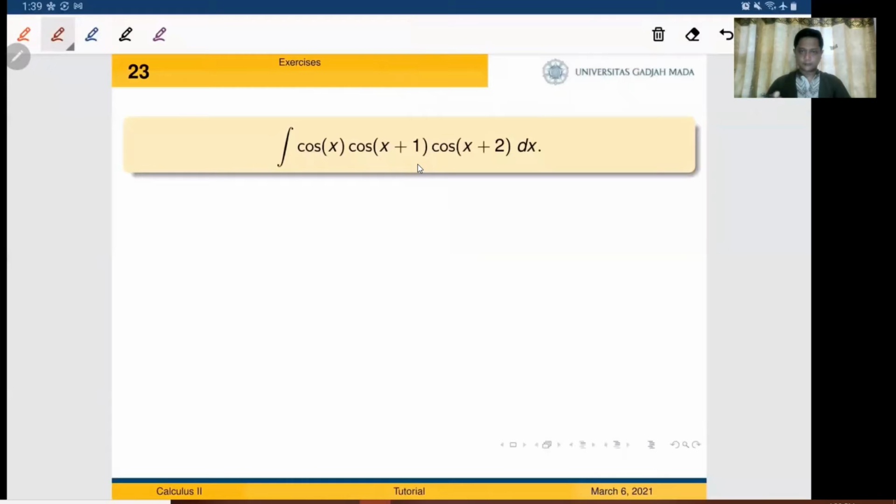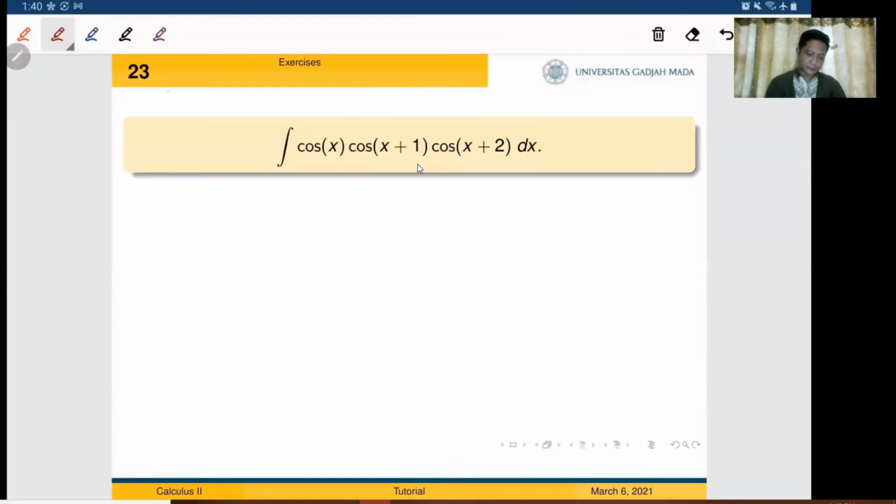This one is question 1A from the last midterm, 2nd of April 2020. So we try to solve it. Okay, let's try to solve it together. In your opinion, which one should we use? Because we have three terms, cosine x, cosine x plus 1, and cosine x plus 2. The biggest problem here is, we don't know. And I think it's much easier if we can simplify them, right?